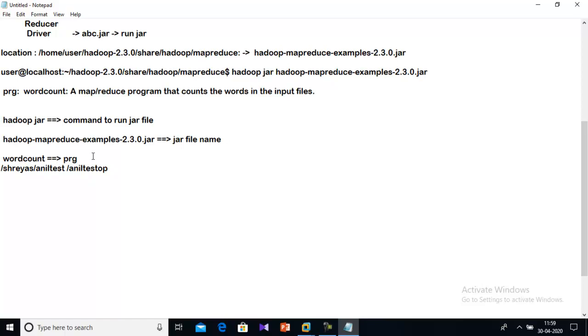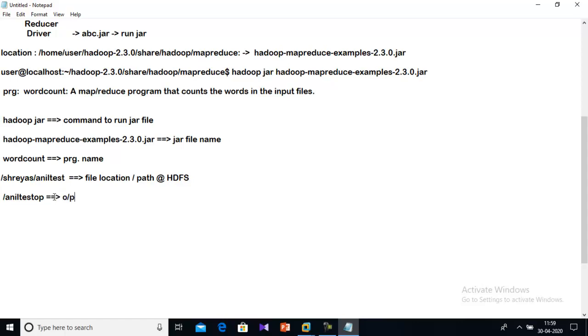This is the program name, and this is the file location or path in HDFS, not in the local file system, HDFS, right? And what about this Anil test OP?